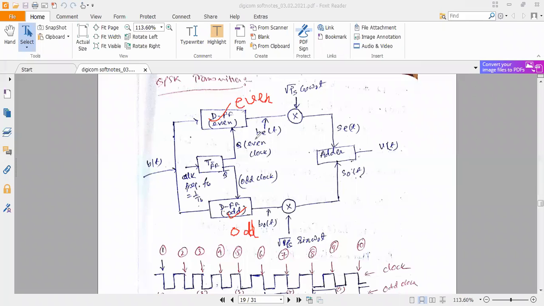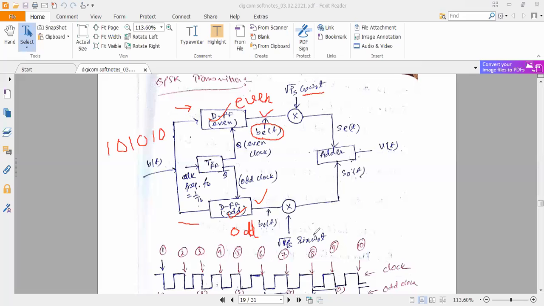So that's why here we have written b_e(t). Why have we written it? Because we are getting only the even position bits here. So the data we have placed here, the even position bits will move to this side, and the odd bit positions will move to this side. After that, we use here